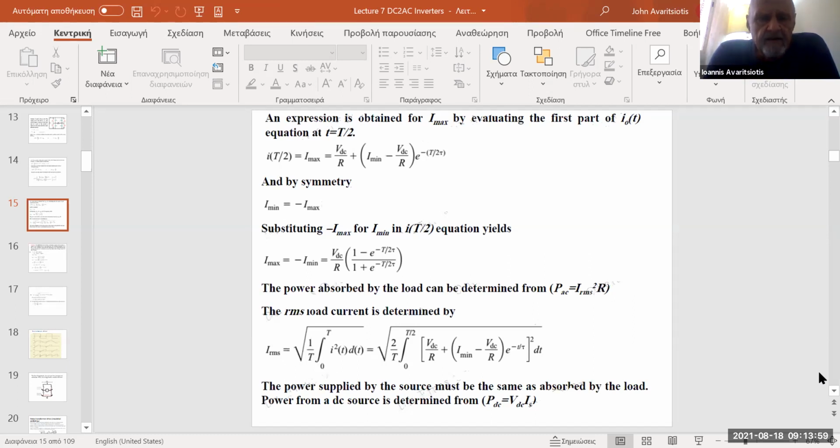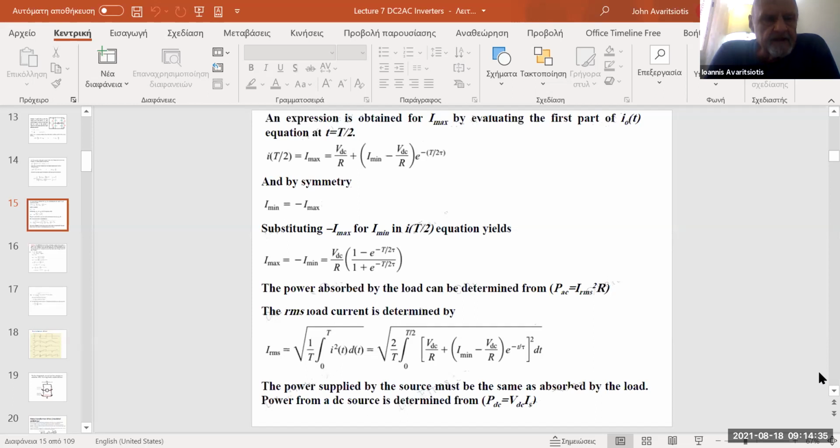So we can calculate I max, as you can see, and by symmetry you can calculate minus I max by substituting minus I max for I minimum at the same time instance, in other words, T equals capital T divided by 2. Finally, we obtain a formula from which we can calculate I max and I minimum in this case of a full bridge inverter,